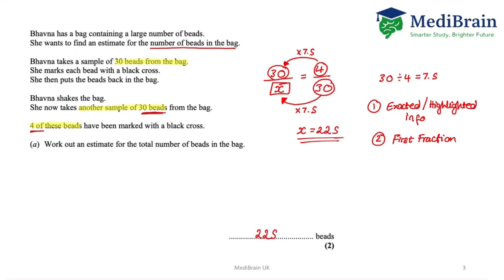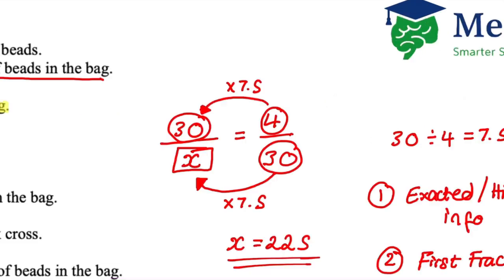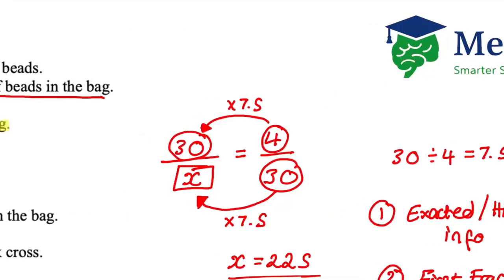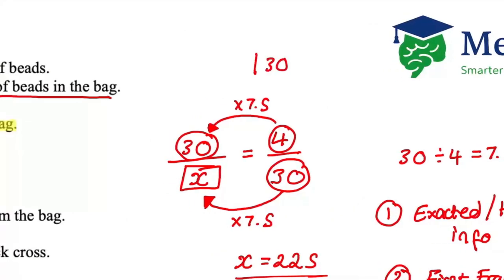Okay, we don't know the total number of beads. So we've got 30 out of a total population of X. Okay, 30 divided by 4 is not 7.2. So if we just quickly do 30 divided by 4,